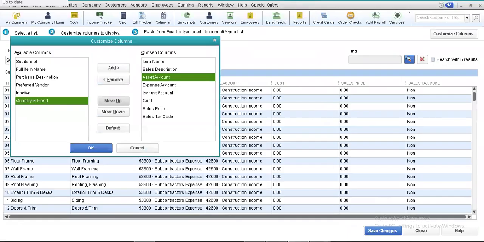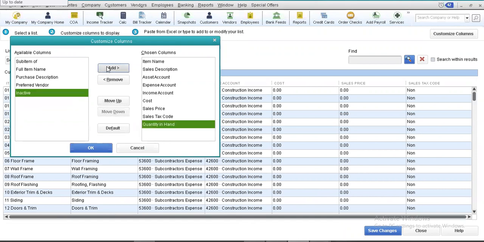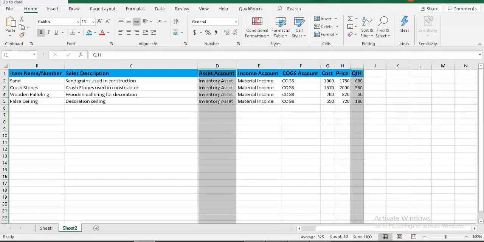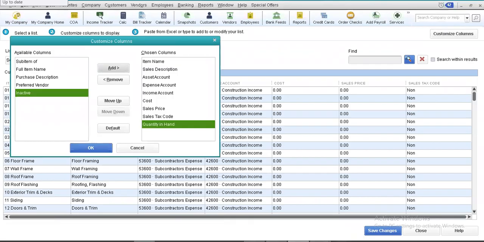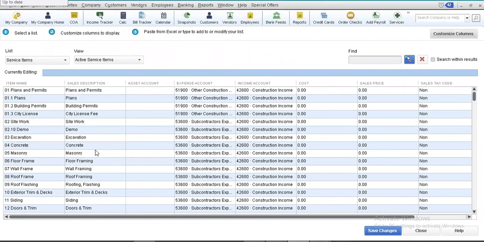And I want to include the quantity in hand column as well. So I select this and I want to keep it in the end just like I have it on my Excel interface. All right. So I now select OK. Now, my dear friends, the shape of this dashboard is basically according to the dashboard on Microsoft Excel.